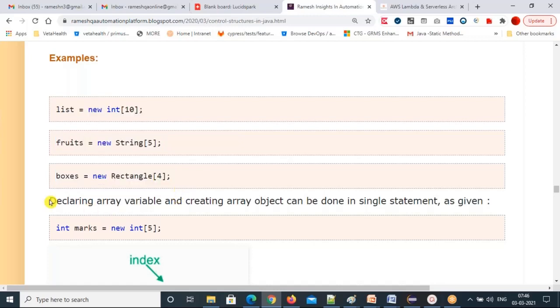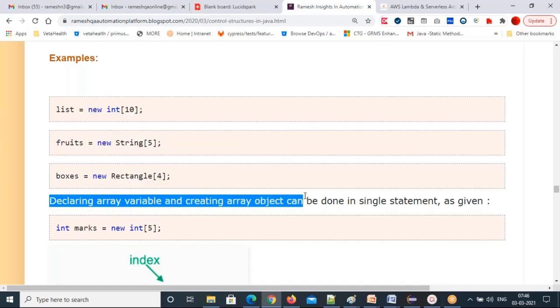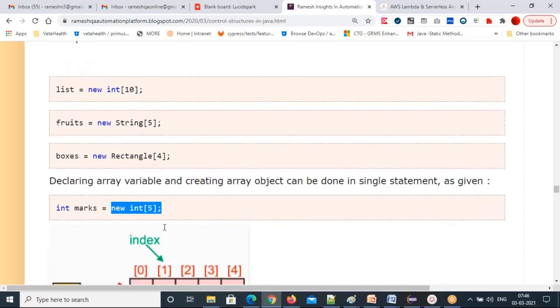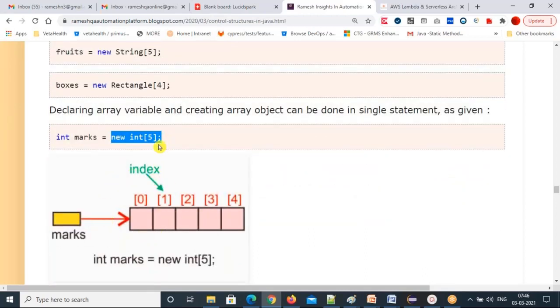So declaring an array variable and creating an array object can be done in a single statement like this. Int marks equal to new int 5. See that 5 memory boxes will be created for this marks array. So first, second, third, fourth, fifth.